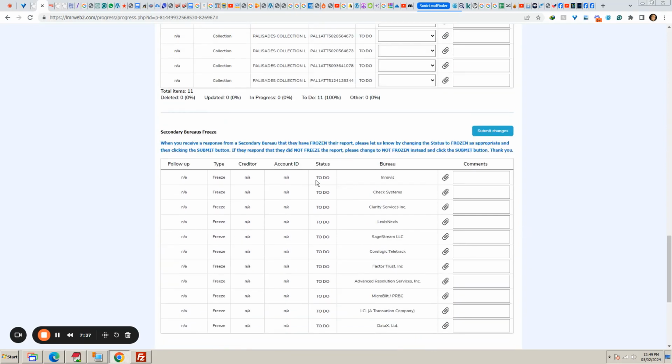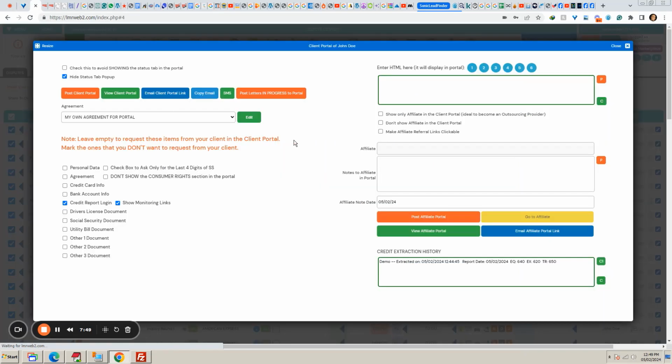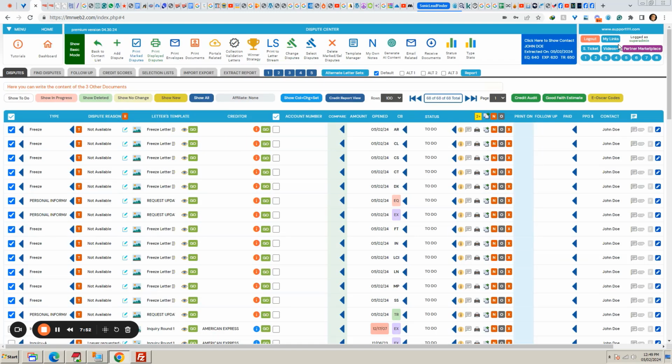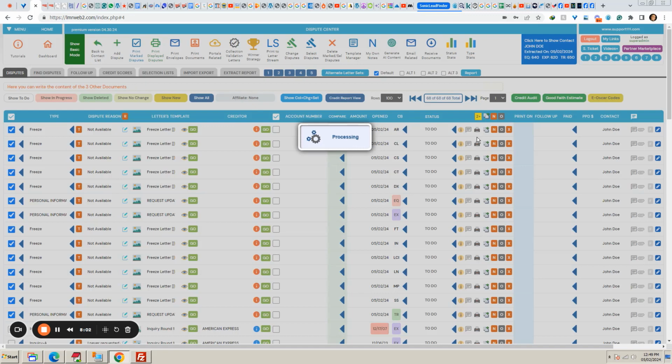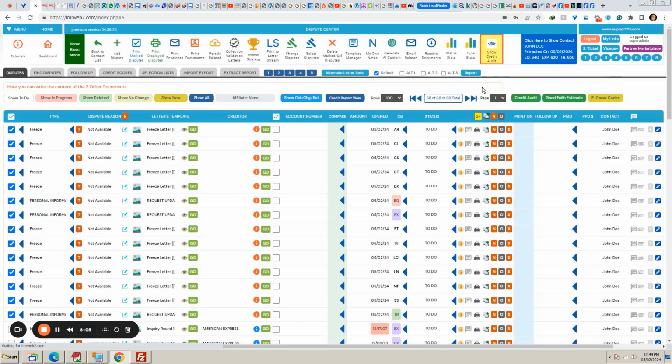Okay, again, right now, because there is no pull down menu. If it was sent, the status, it will be a pull down menu like this one. And then you're going to explain also, you're going to talk about the credit audit, right? The credit audit that you can send to your client by email, but also you can explain, justify your charge, right? So you're going to click here to show it,